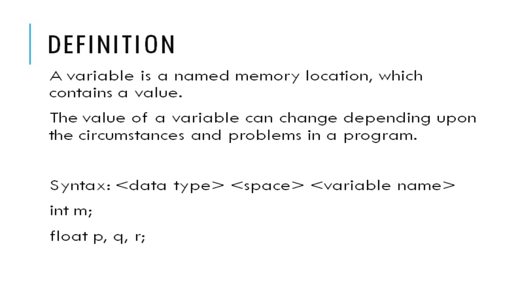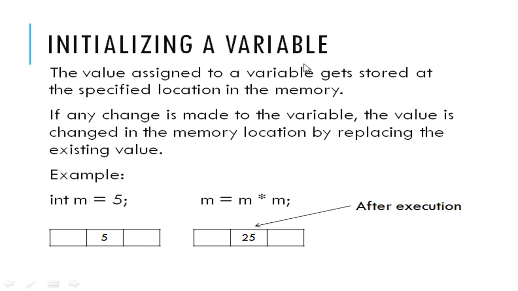Okay. Next is multiple variable statement. So you will have a data type float, and then you will have a variable p, then comma, then q, comma r. So these variables are separated with comma, that is nothing but the separators, then end it with semicolon, that is a statement terminator. Next you are going to see how to initialize a variable.